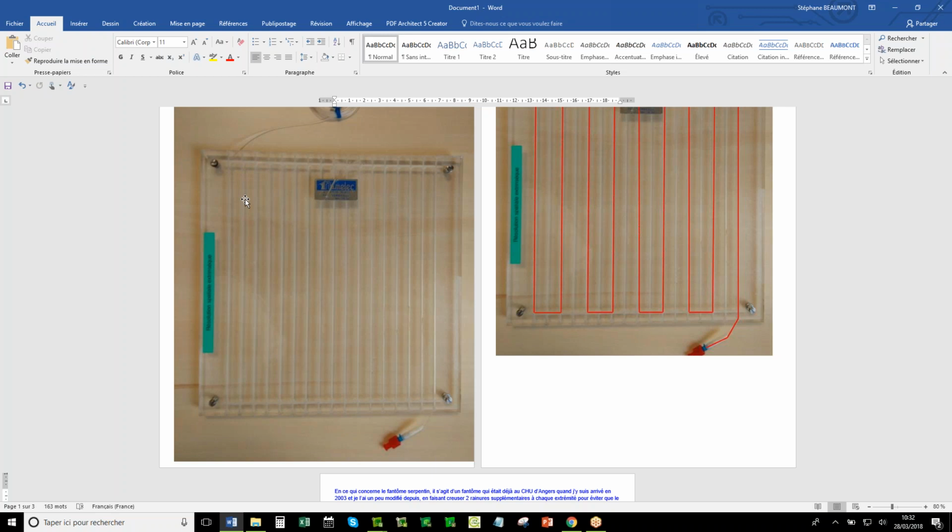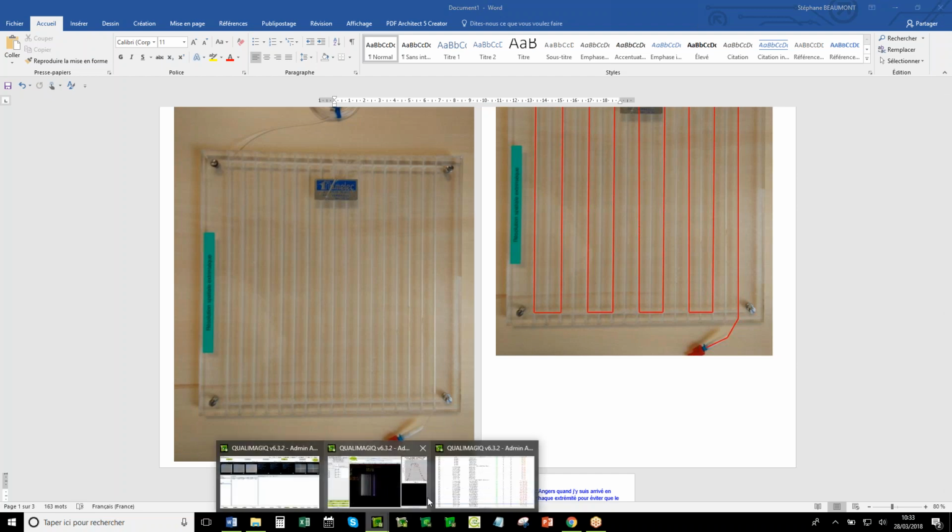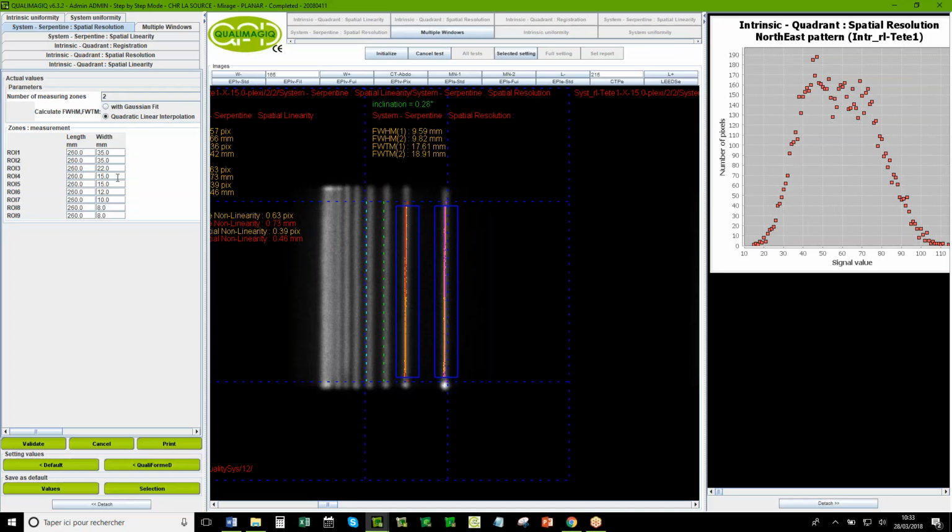We also have customers who only use a plate, and with a pen they write the lines, and after they stick directly on the acrylic plate. You have many possibilities. What is important, you don't need a lot of lines like here, because in the analysis it's enough to control only 2 lines.